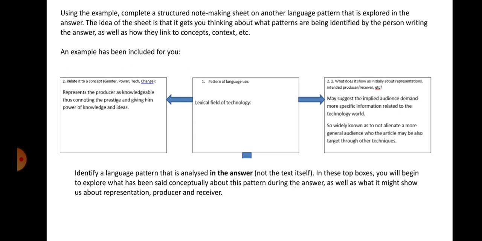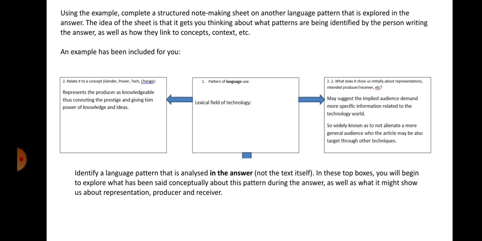So I've given you two sheets. I've given you a blank sheet of this, and I've given you a completed example of this. The exam board gave this out as a resource because they thought it was a useful way of, rather than just picking apart an example answer by saying, here's some AO2, here's some AO3, getting you to deconstruct the answer. So look for what the person is doing at each stage.